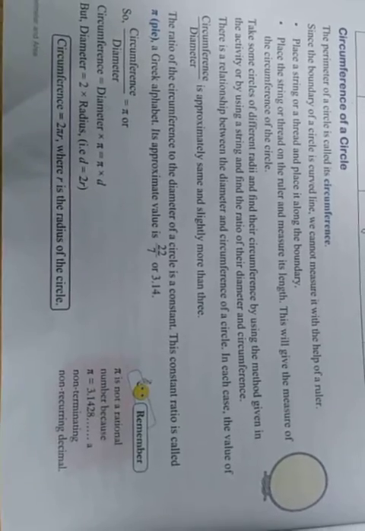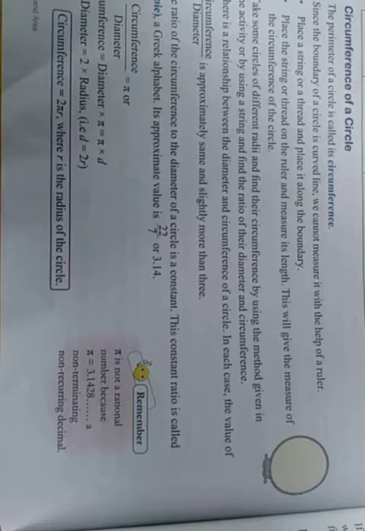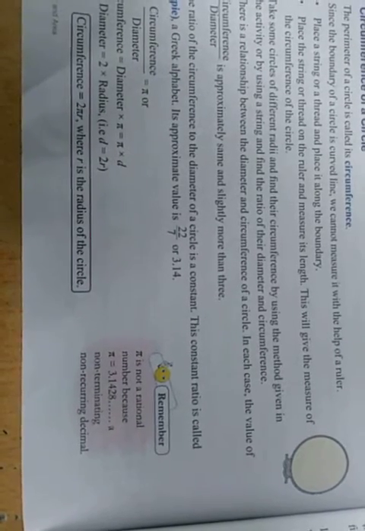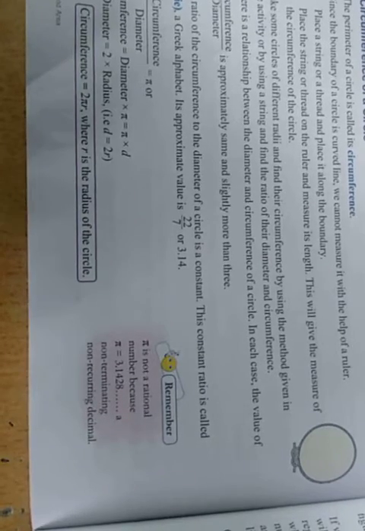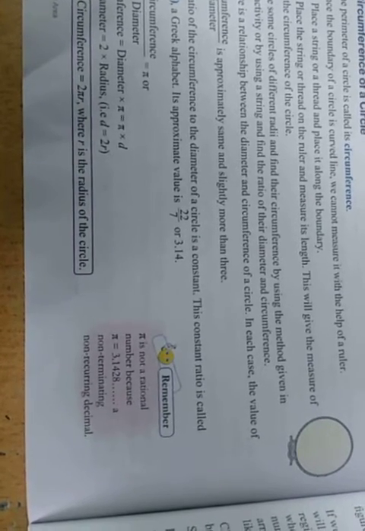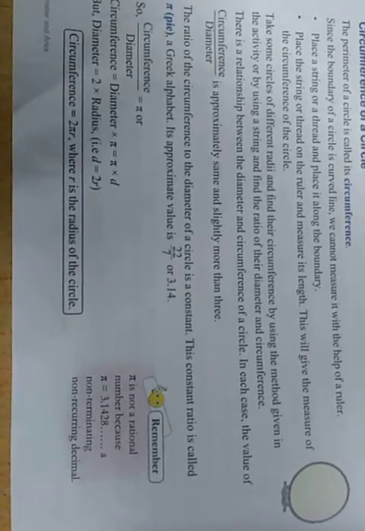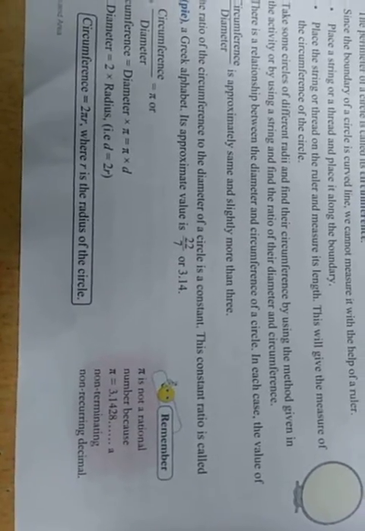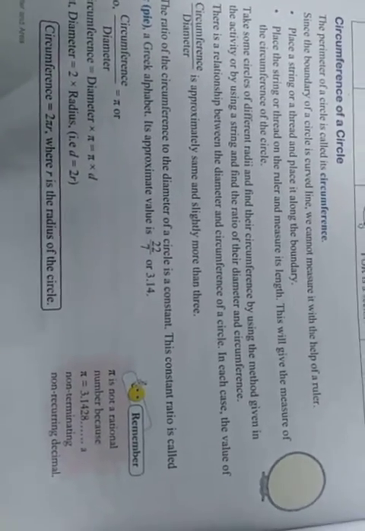Today I am going to teach you about the circumference of a circle. As you know, a circle is the collection of all those points in a plane, each of which is at a constant distance from a fixed point in that plane. Today my topic is circumference and area of a circle. Okay, so let's start. Circumference of a circle: the perimeter of the circle is called its circumference.